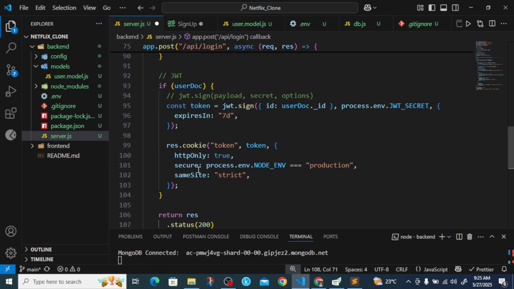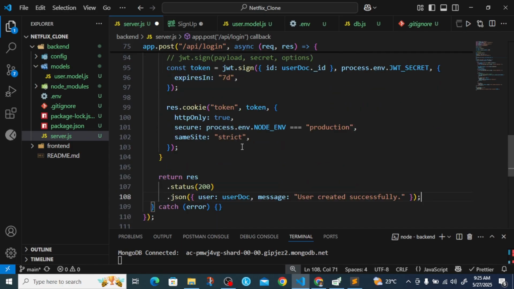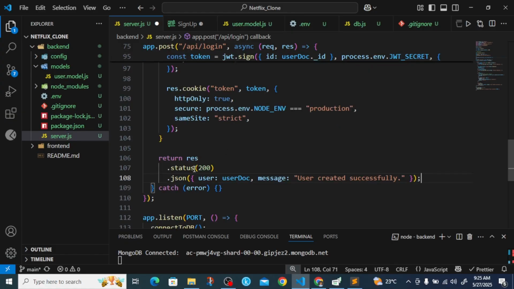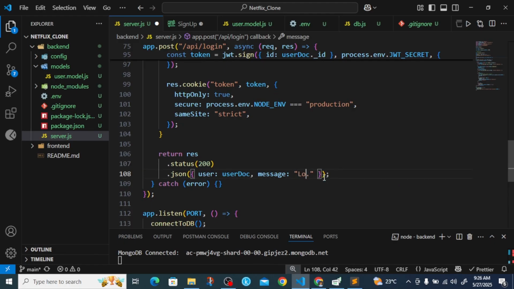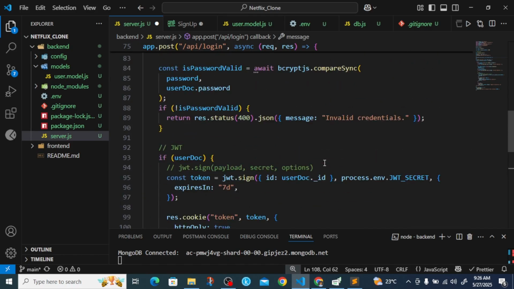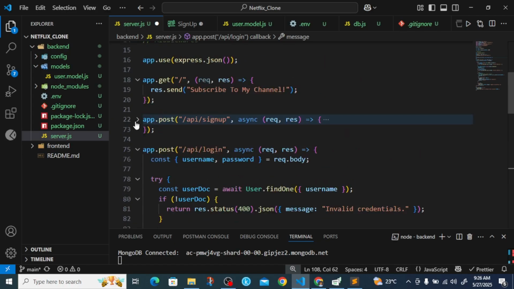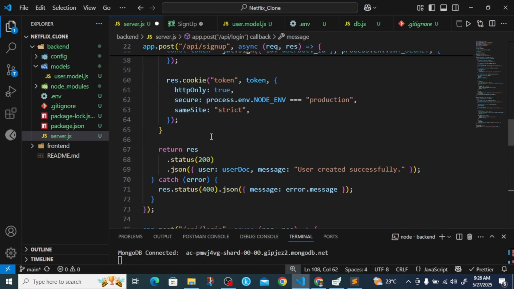Then you pass in the request, you send the cookie to our client, and then the user will be user doc, and the message will be "logged in successfully," just like this. And if there's any error, we can just come here also and copy the error message,